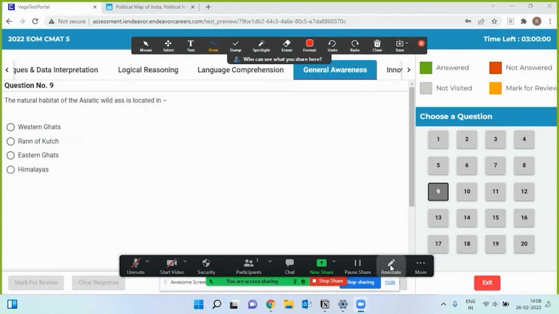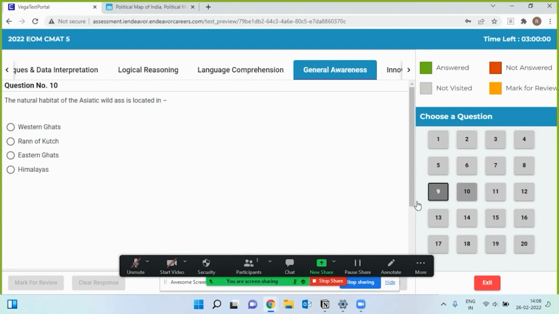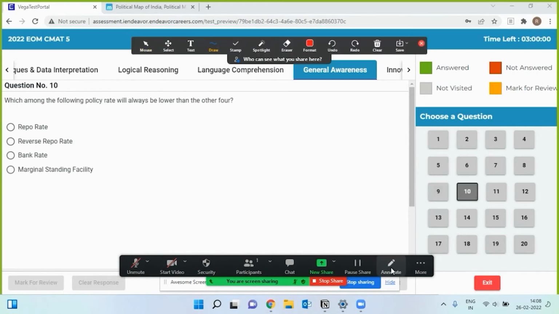Question number 10. Question number 10 is, which among the following rates will always be lower than the other 4? Now this is a slightly analytical question. Easy question if you know these 4 definitions. Correct answer is the reverse repo rate. Reverse repo rate is always less than the other three for the simple reason